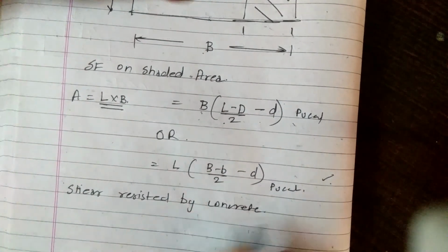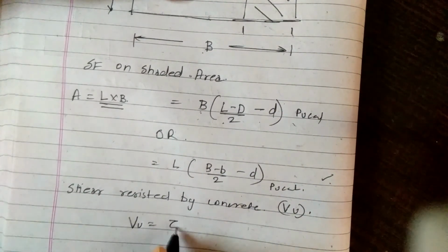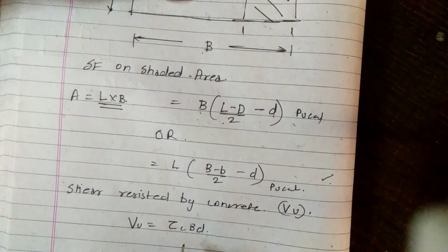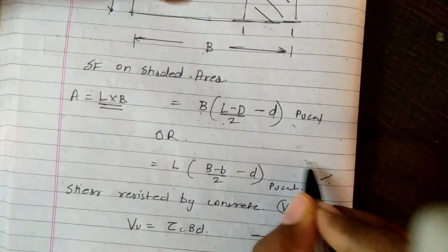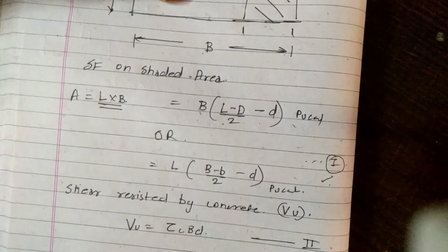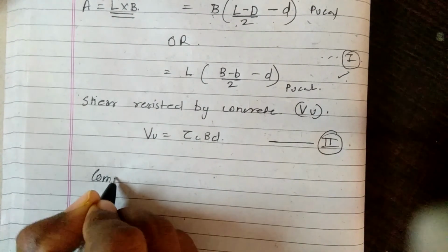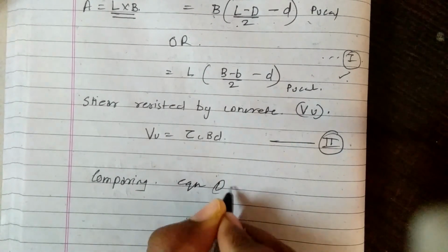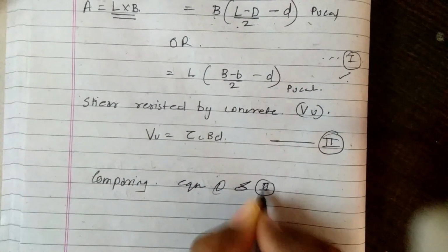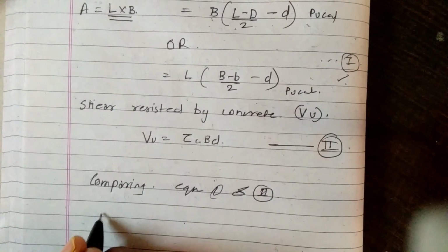For that, VU is equal to tau C B d. Okay, and this we will consider as equation 2, and the earlier one as equation 1. Okay, now next, by comparing equation 1 and equation 2, we will find out the value of d,